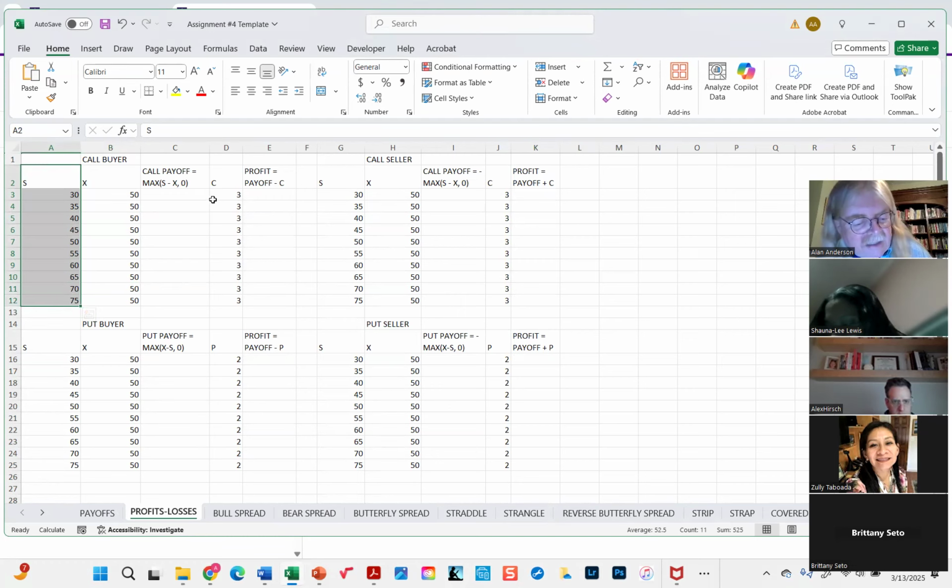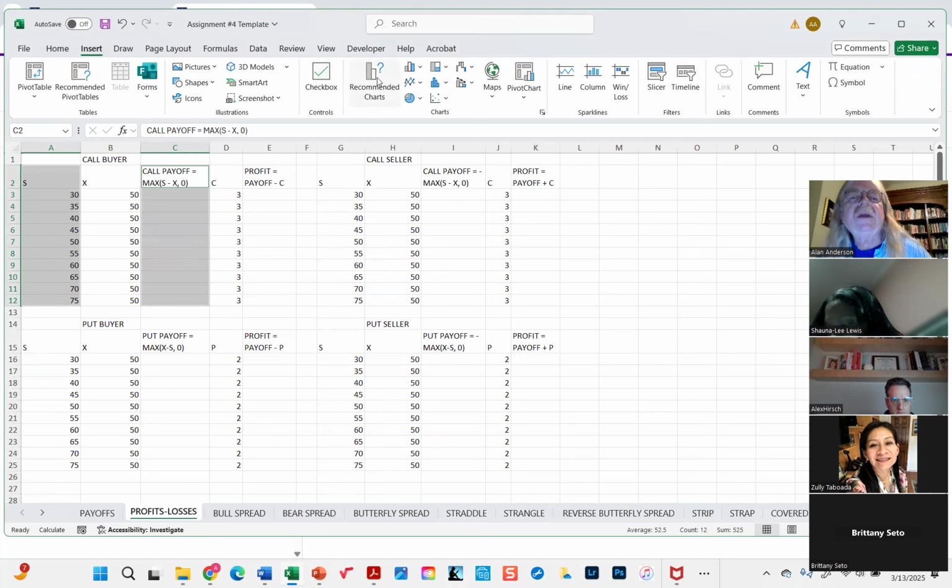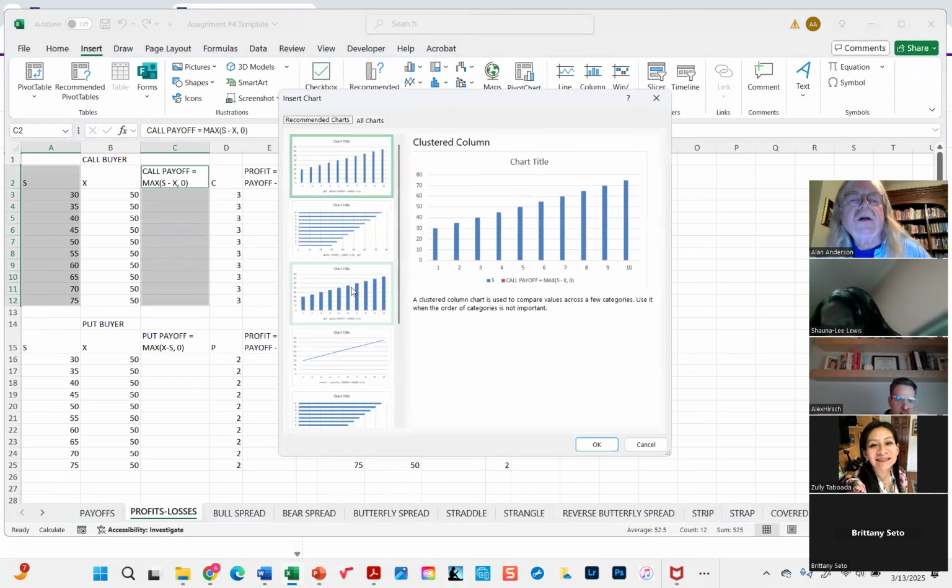So remember, on the PC, I'm holding down the control key here. I think it's the command key on the Mac. And that way you'll see you've got two non-consecutive columns, and then you can graph anything you want. You can go up here for insert, recommended charts, and then,